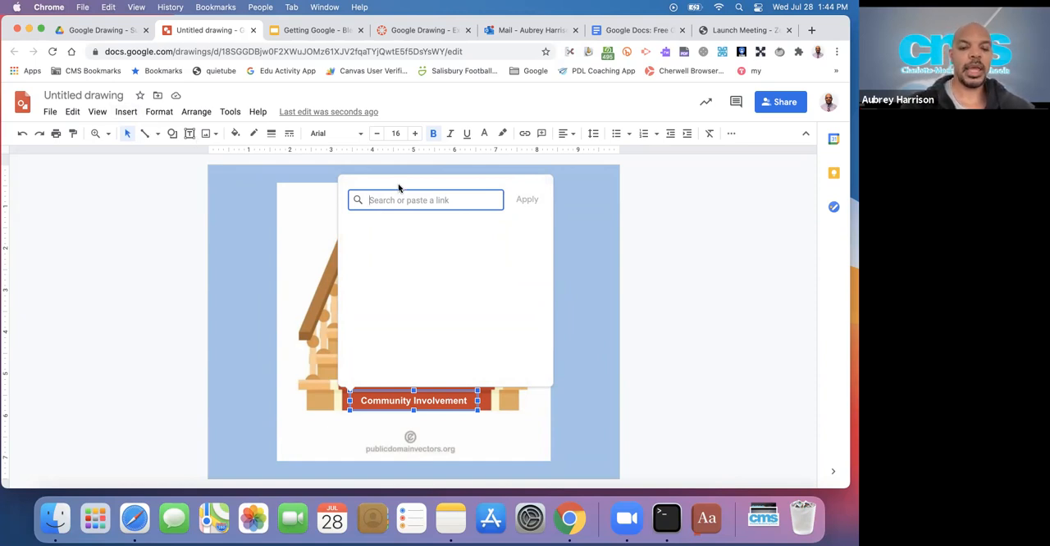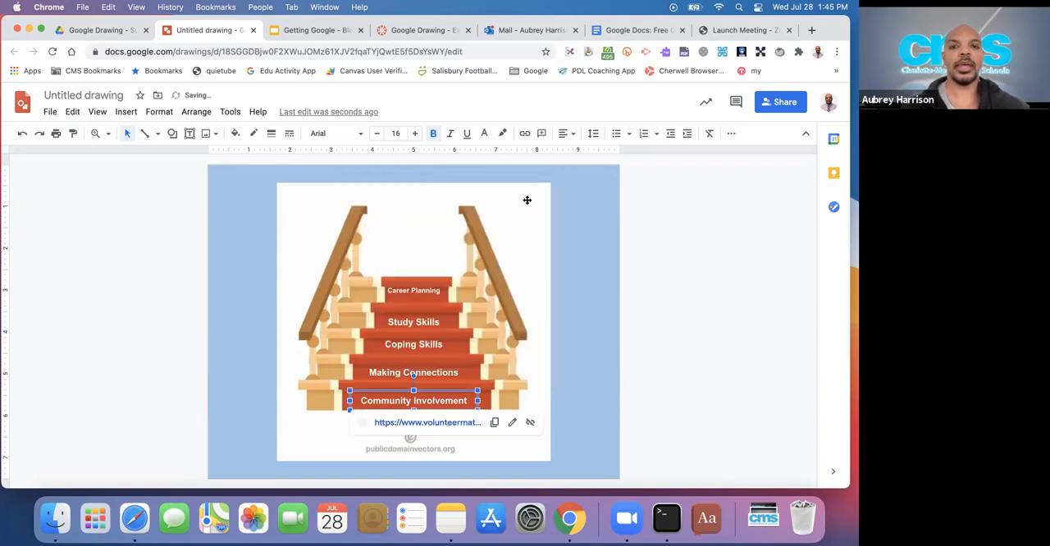And then we can put a website that we want to link this to. So I'm going to link it to this website. I will put that website in the chat. So if you were following along and you don't want to have to search for something, there's a website that you can just